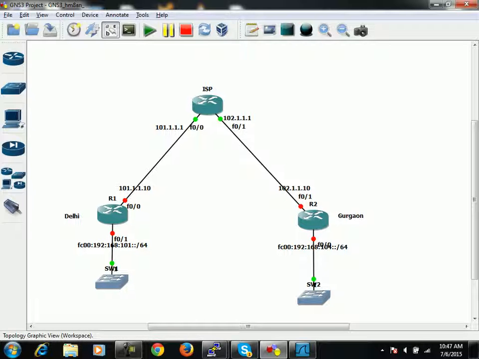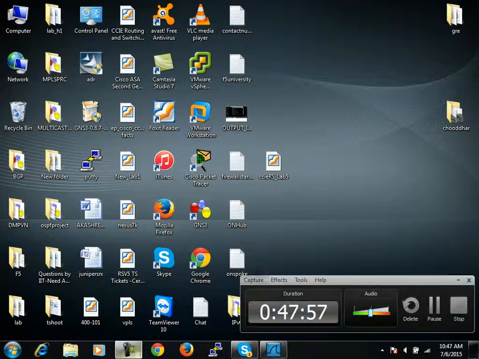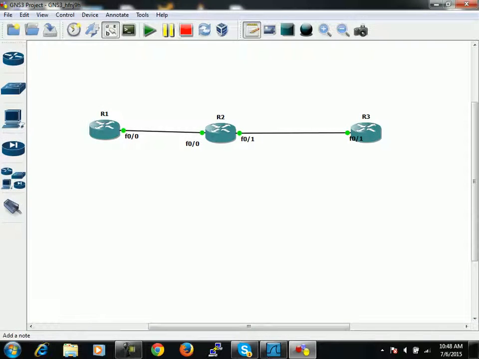And to configure that, let me do one thing. Let me recreate this topology. Now on R1 I'll be configuring its address as 1.1.1.1, which will be the loopback address. At the end of R1 it will be 12.1.1, and at the end of R2 12.1.2, and then again definitely I'll be using an IPv6 address in between R2 and R3, and it will be something like this: